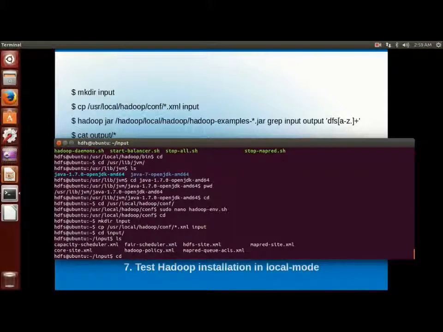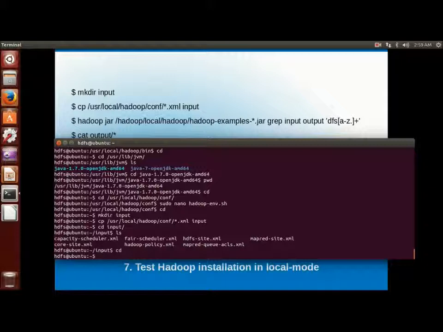We haven't started Hadoop, but we are running in local mode, so we need not start the Hadoop processes. Under the input directory we have different XML files, and we are running this Hadoop with a jar which came along with the Hadoop installation.